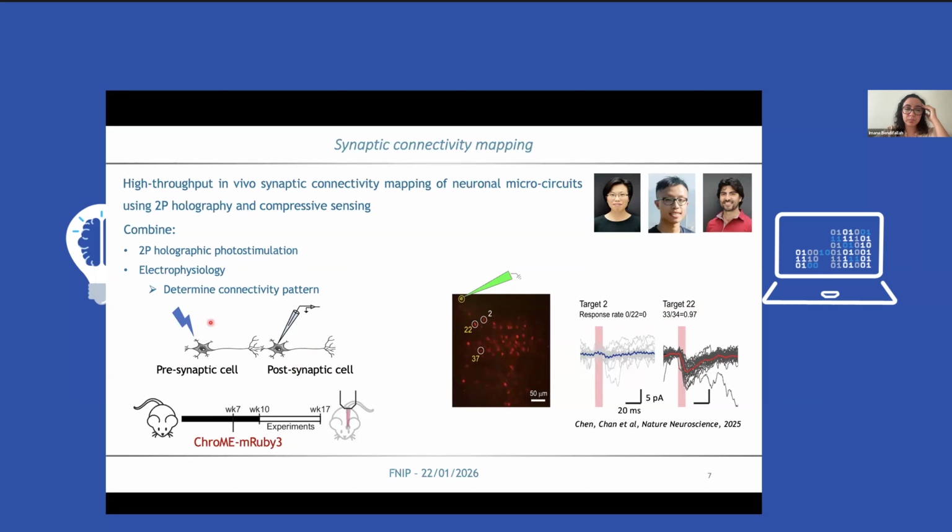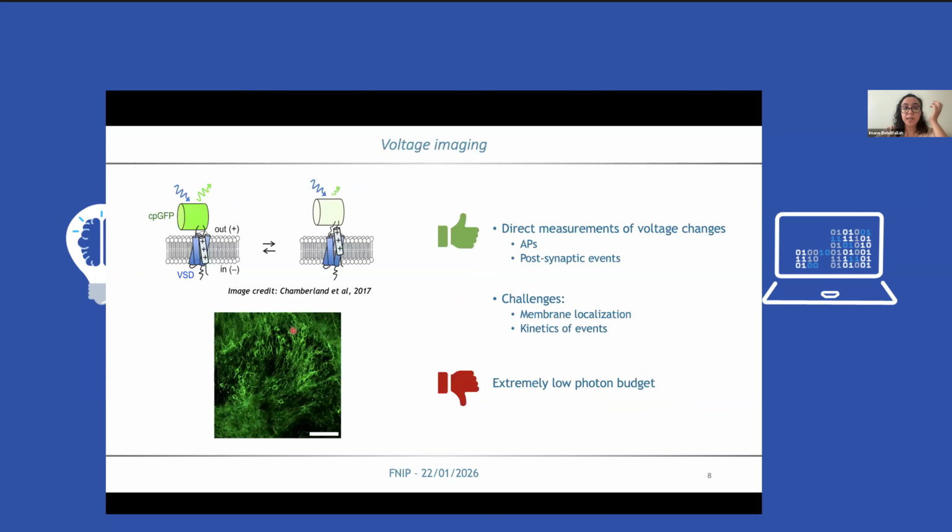study a step further. So first, by making sure that we are indeed always activating the cells that we are photostimulating, so that we can dissociate the false negatives from the true negatives. And also another thing that we want to do is to remove this electrode here and replace it with light as well. In both cases, one way to do this would be to use voltage imaging, so to use voltage indicators.